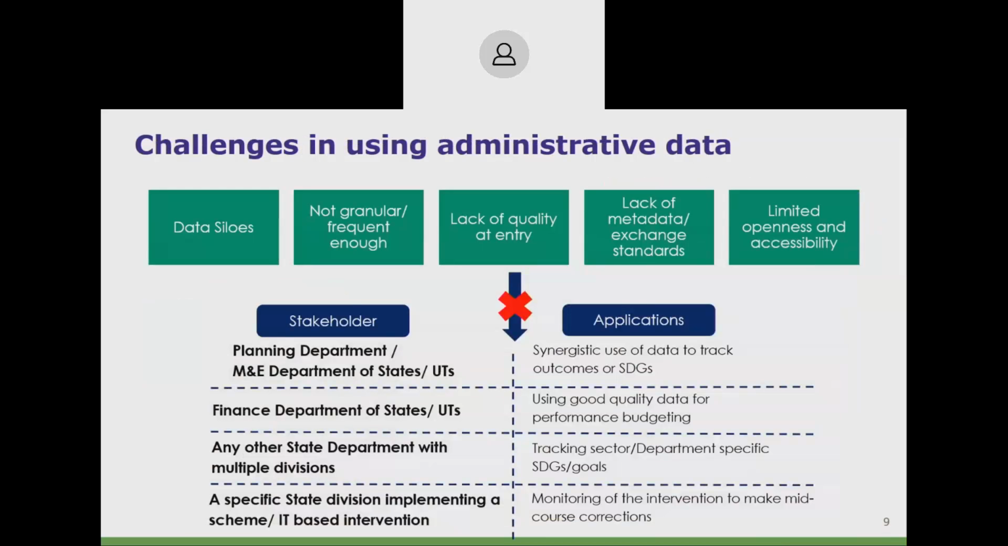These challenges, as I already highlighted some of them, are that current data systems are siloed. They have non-standard data schema and data exchange standards. Hence, they don't talk to each other. Also, in a lot of cases, the data which is collected on the ground does not use common identifiers, and hence that data is not granular or frequent enough to be linked with a similar, equally granular or frequent data set which may be existing. Often there is no quality at entry, and in general we find that the accessibility and openness of these data sets, even between the departments and between